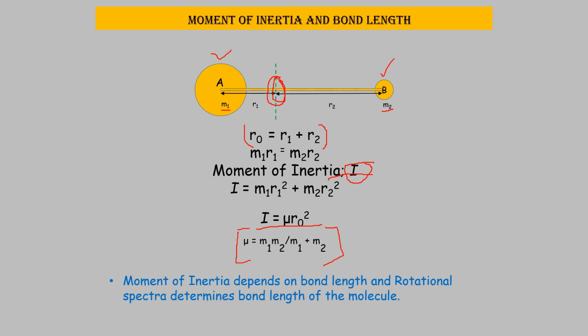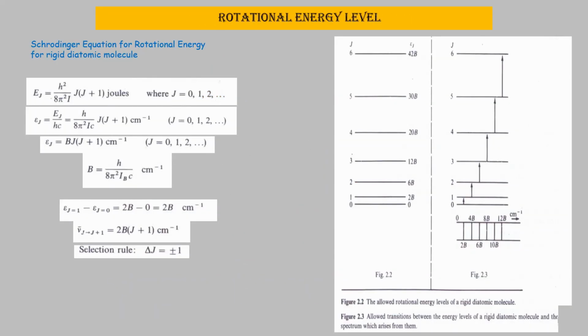Thus, from the rotational energy of a molecule from the Schrödinger wave equation, one can determine the bond length if we consider that the molecule is a rigid rotor. As spectral energy is usually discussed by the wave number, the Schrödinger equation can be represented as epsilon j. Epsilon j is nothing but Ej by hc, which converts the unit into centimeter inverse, or represents the energy with respect to wave number. So if we transform this into a shorter version,